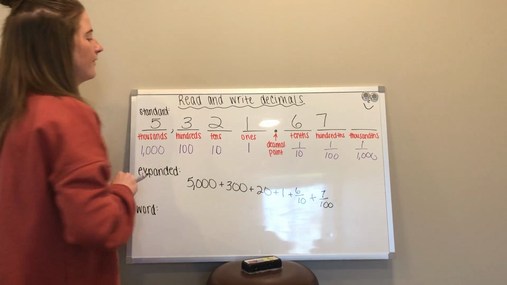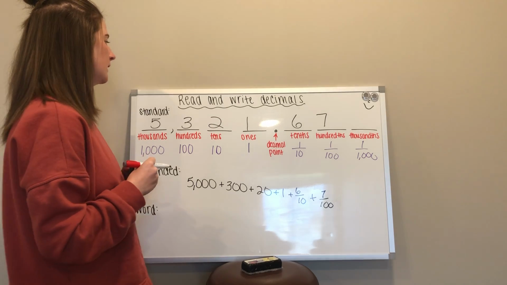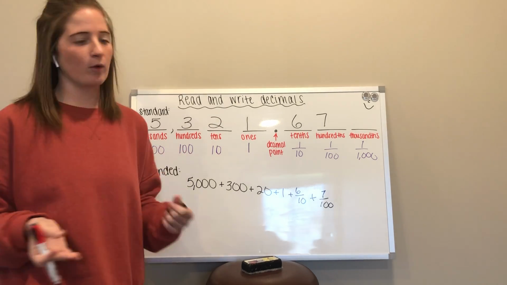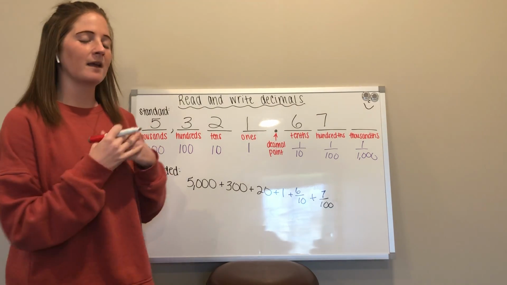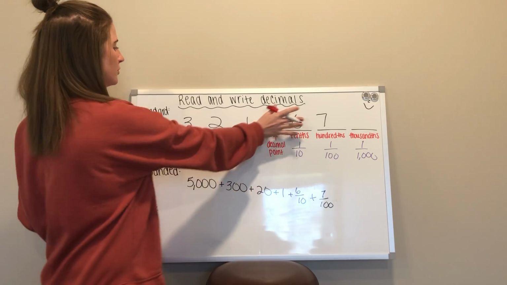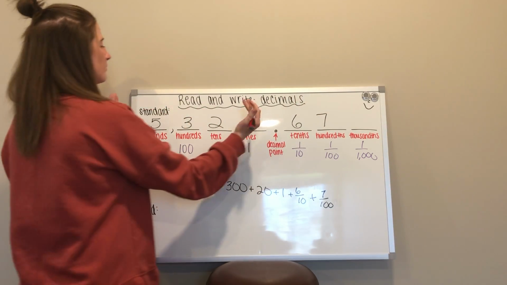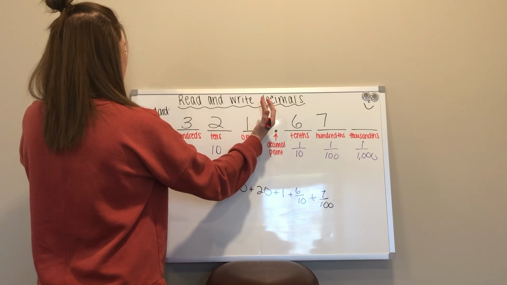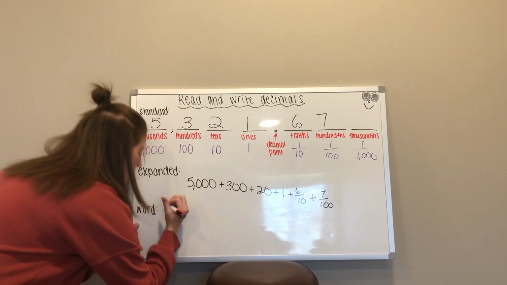Now, the one thing that is typically difficult when it comes to decimals is how we would put it in word form. How we would put it in word form is exactly how we would say the number out loud. So what I want you to first do is ignore the decimal point and everything after the decimal point. So if you had to read this number for me, 5321, that's how we're going to first start it off. So we would say 5,000